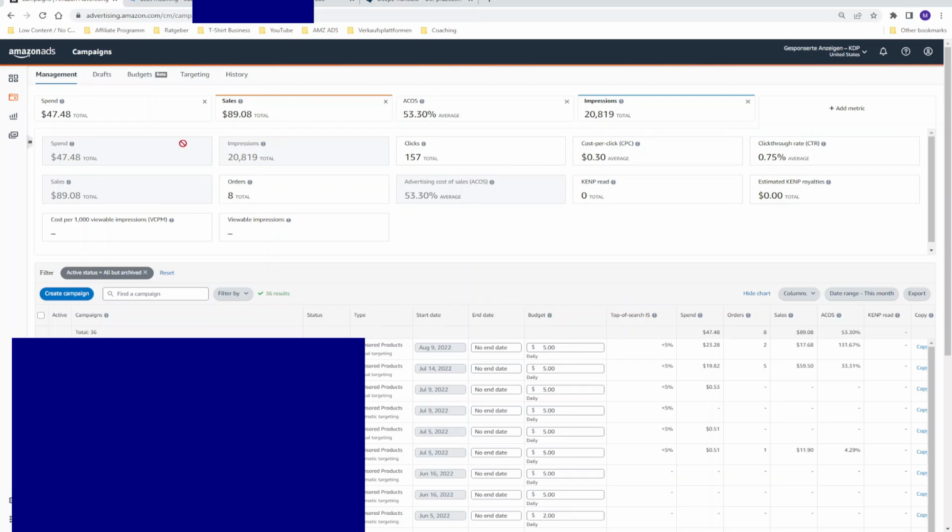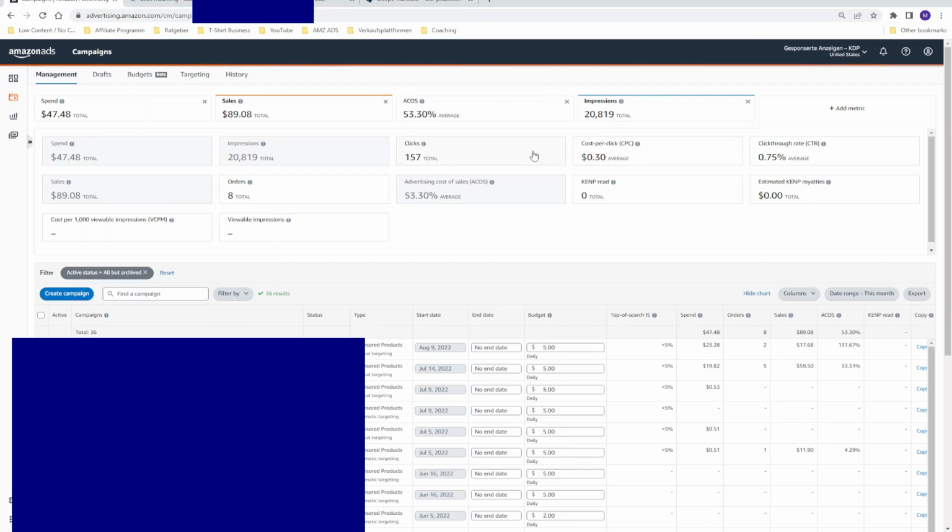So I will start with the amount of spend. This is very self-explanatory. This is the monthly amount you spend on Amazon advertising. And this is the amount of money you have to pay in the following month. So how is this amount created? You can see that we have the metric clicks.